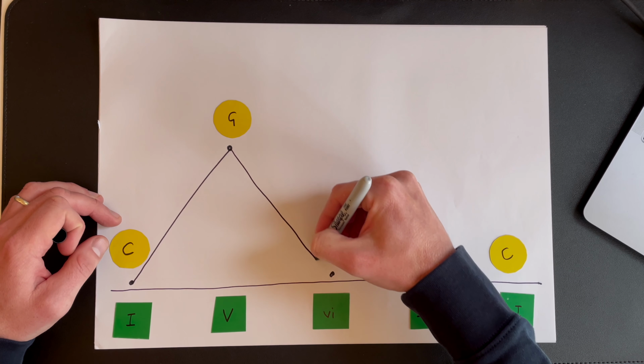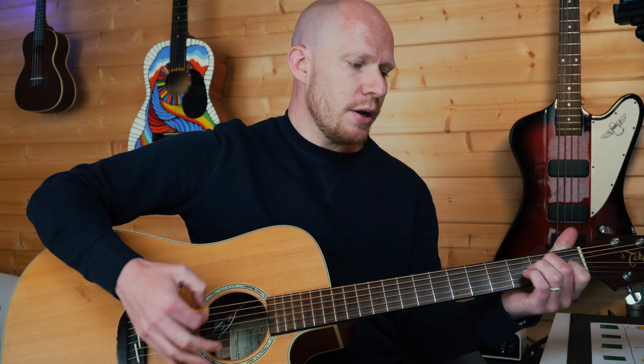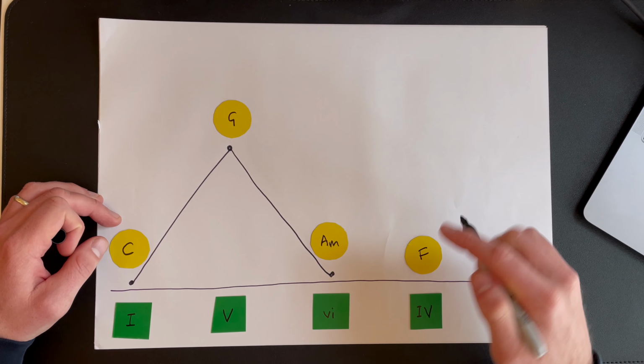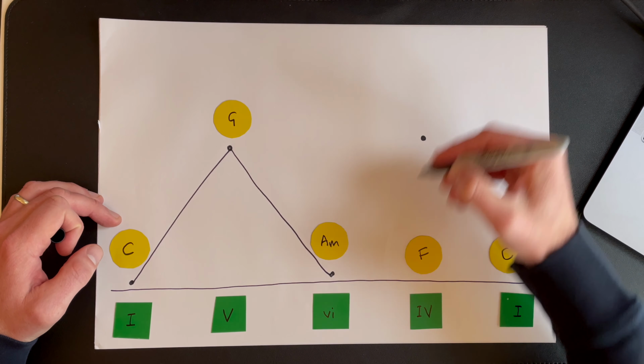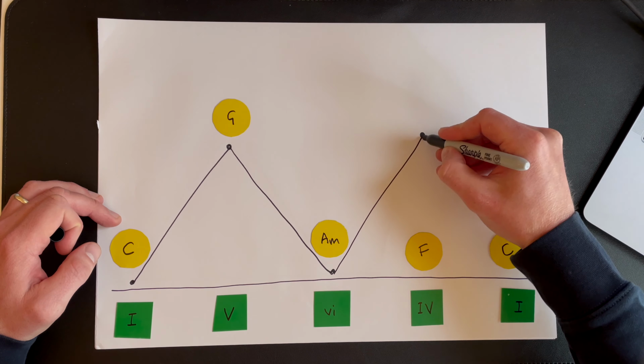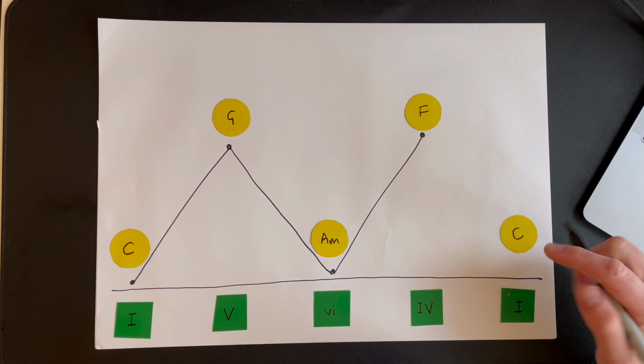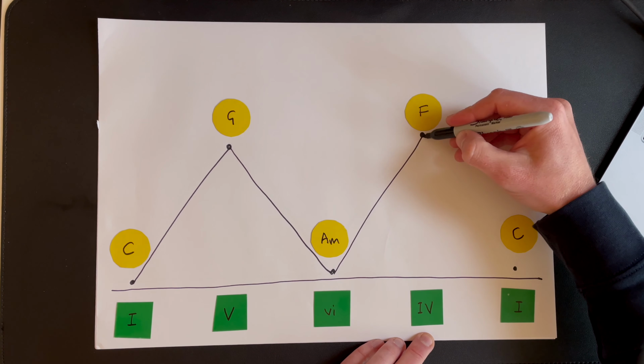So our 4 chord, the F, doesn't feel as far away or up in the sky as the G did, but it's still very unhomely. Listen to the progression from A minor to F, and it definitely has an on the ground, up in the air, home, away feel to that transition. So our F chord is going to go up there, and including our home C chord to close the loop,